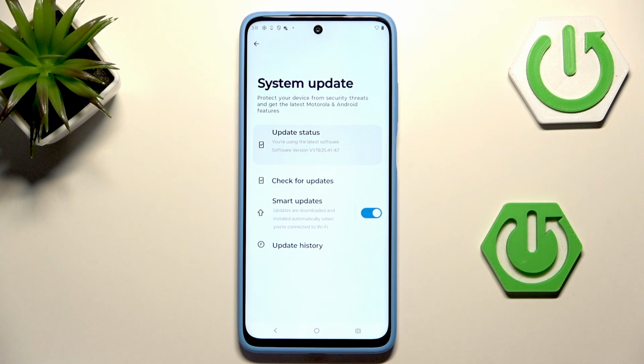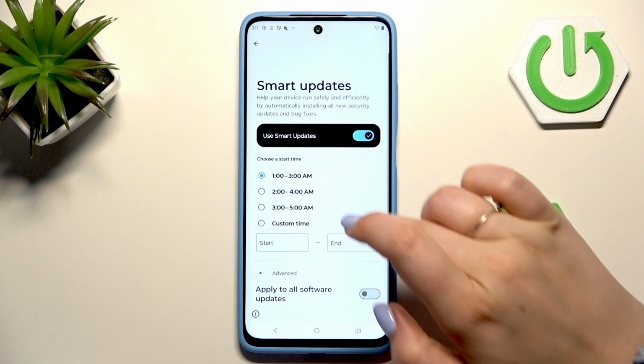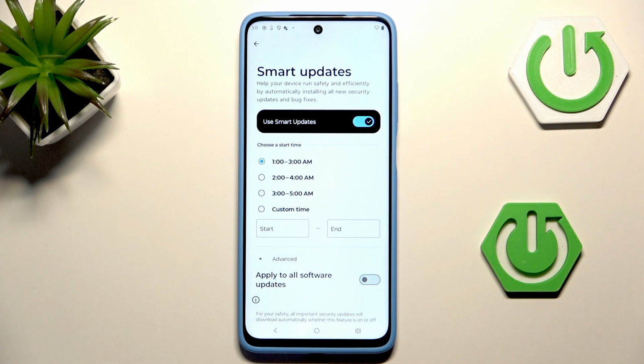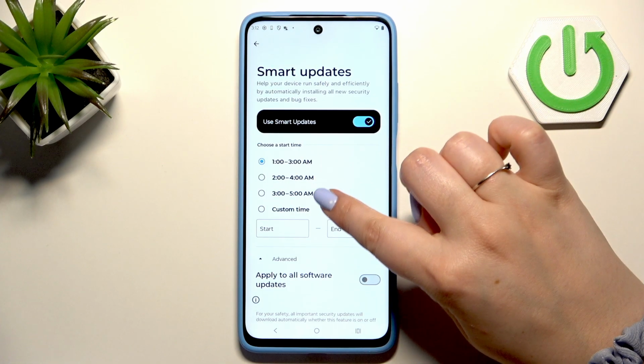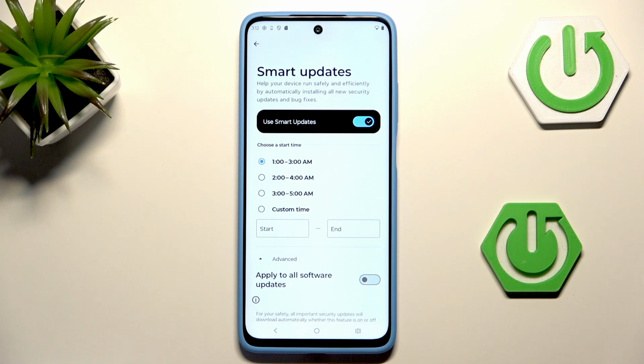Moreover, you can customize this. So just tap on the smart updates, and as you can see, you can choose the start time, because applying the update will usually start at night when the device is idle. Basically when you're not using it, we usually sleep at night. So you can choose the preferable period in which you'd like to start the update, or you can choose the custom time, so it's again up to you,